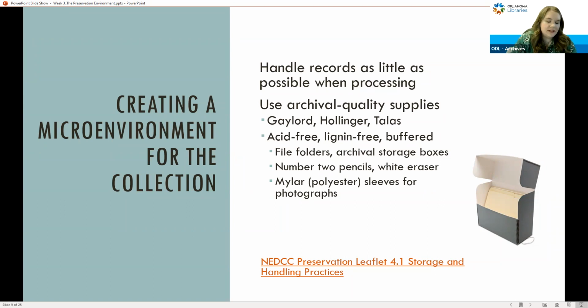There are a lot of different archival retailers out there. Talus is a great source for equipment. So if you need bone folders or spatulas, any kind of specialized equipment, Talus has really great products for pretty good prices. Then part of your microenvironment also is making sure that you are using these acid-free products,